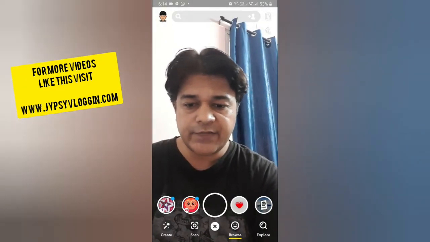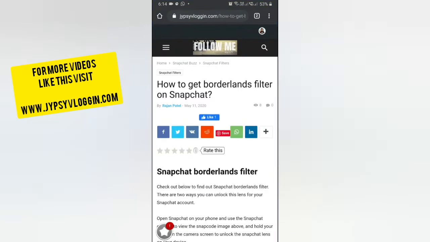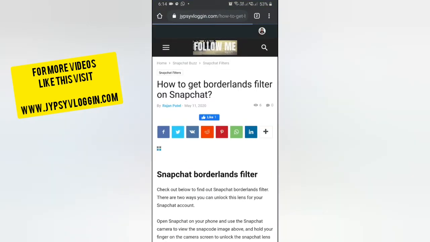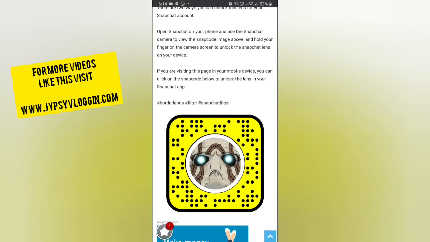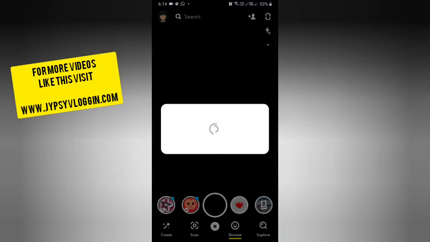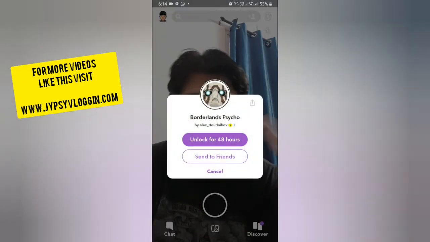Okay, so to get this filter you have to go to this website. Link to this website you can find in the description box below. In this website you will see the snap code for this filter. If you are browsing this website on your laptop or PC, you can scan the code with your Snapchat mobile app, and if you are browsing this website on your mobile, just tap on the code,